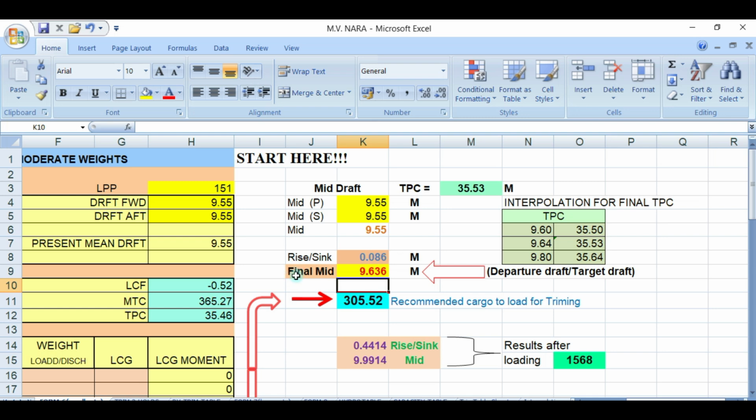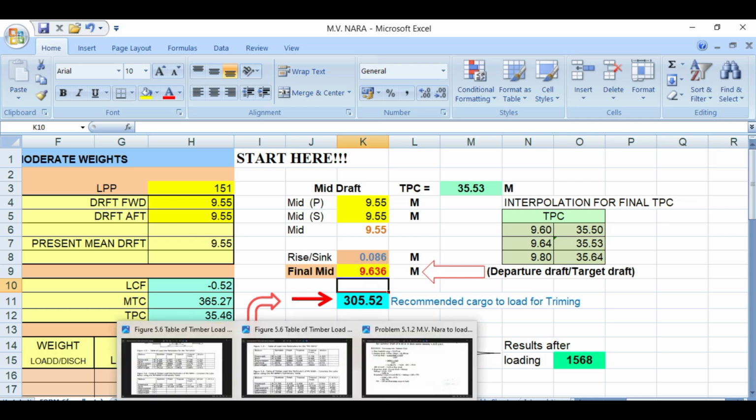Again, your departure draft at port, local density of 1.015, minus your actual mid draft, your sinkage will be 0.086.